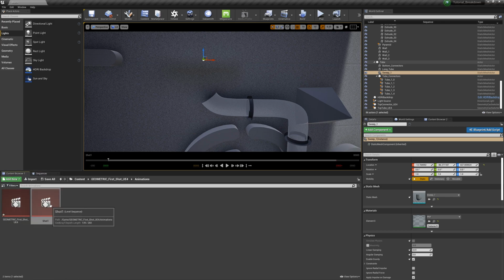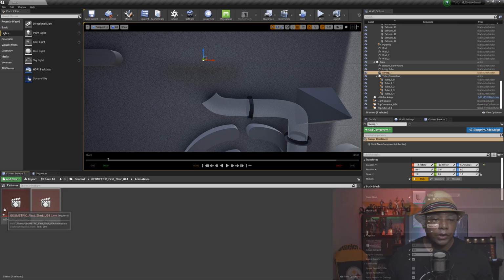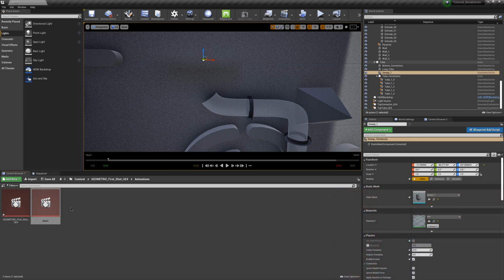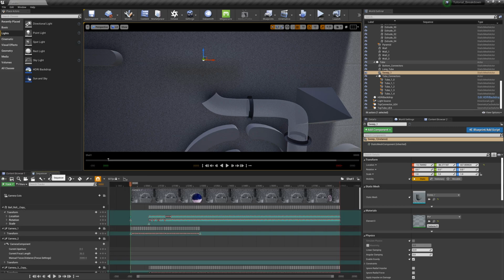And so I like setting up shots based off the original, but I always want to keep the original one in here just in case I mess up. I can always delete the duplicate and then start over. So again, I'm going to double click shot 1, come over to the sequencer,